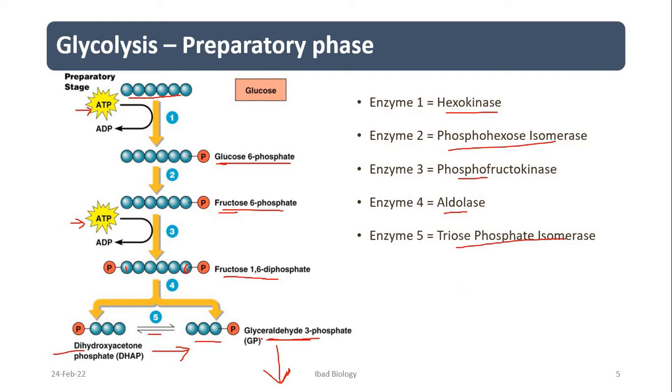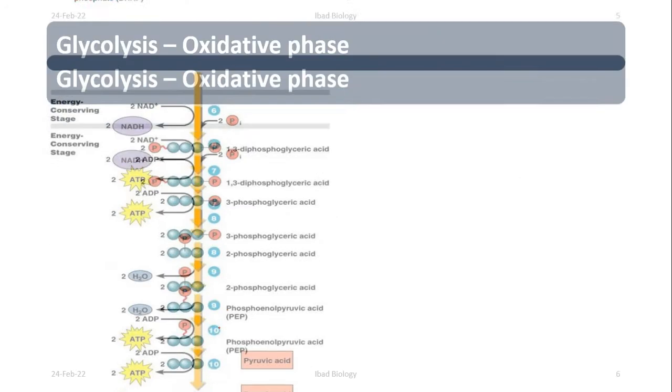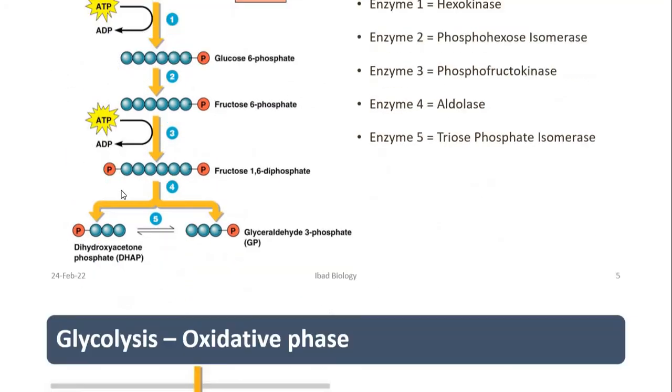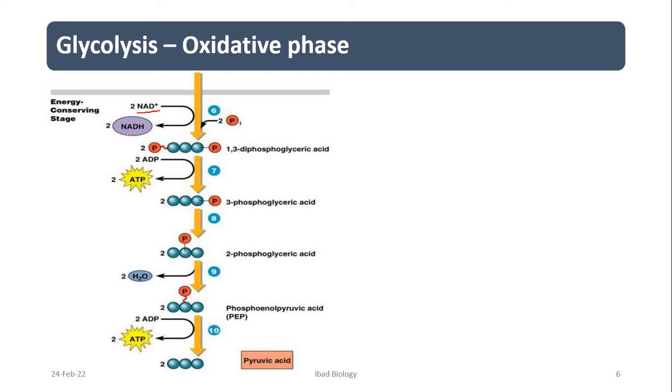Glyceraldehyde 3-phosphate, from here on we will call it G3P for convenience. In the oxidative phase we will count every molecule as two molecules, because dihydroxyacetone phosphate is converted into glyceraldehyde 3-phosphate, and from here on two molecules will be processed and every subsequent substrate or molecule will have two copies. So in the oxidative phase, two hydrogens are transferred from the glyceraldehyde 3-phosphate molecule to a coenzyme NAD, which is